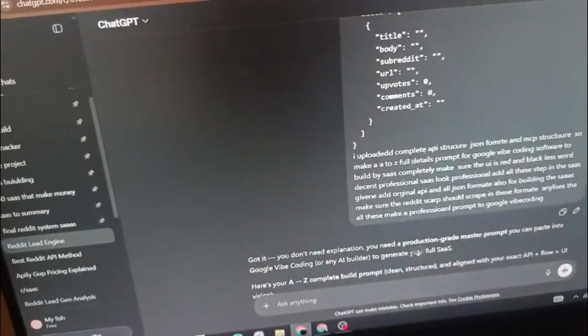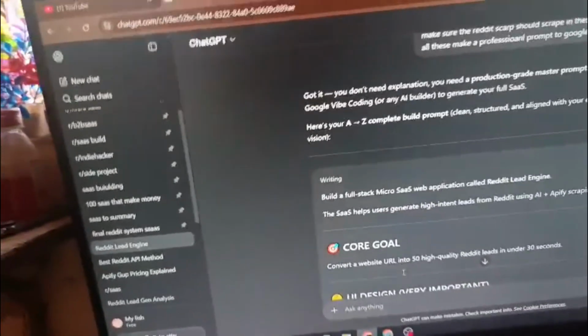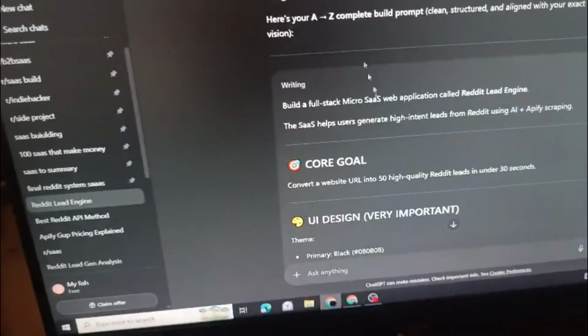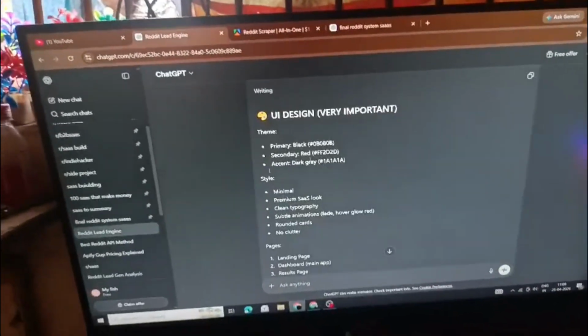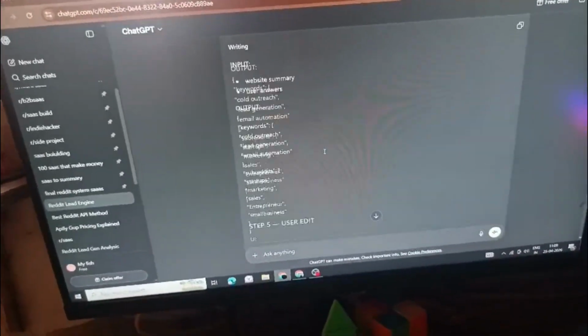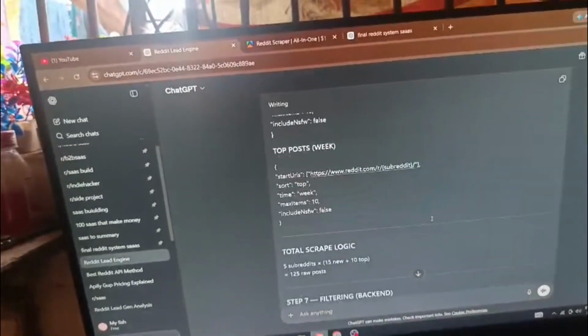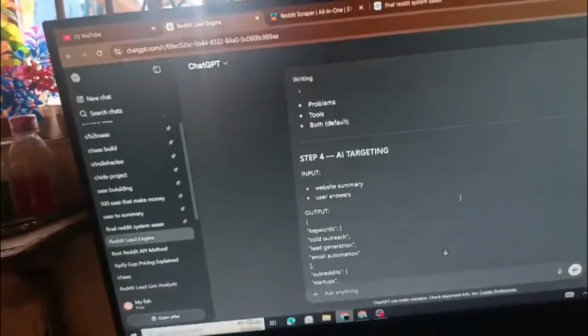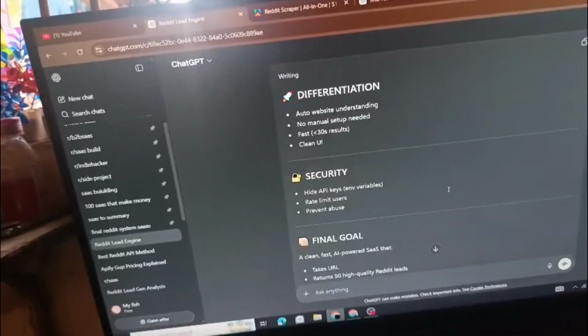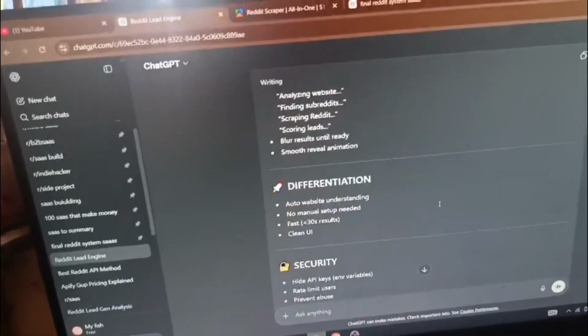You can see this gives the full detailed prompt, and this is where the core idea was built, the design of how the structure is. So what I do is copy and paste it into this vibe coding tool. Let's see if it's able to build the complete structure or not. This is the complete detailed prompt. A lot of errors will also happen, so we fix them and let's check.